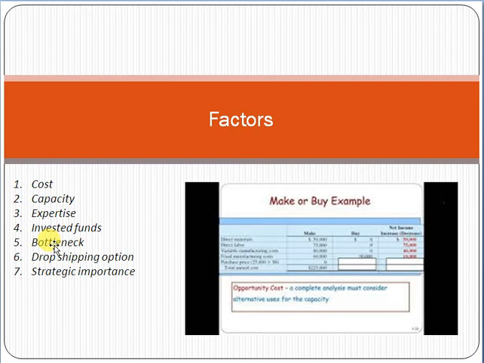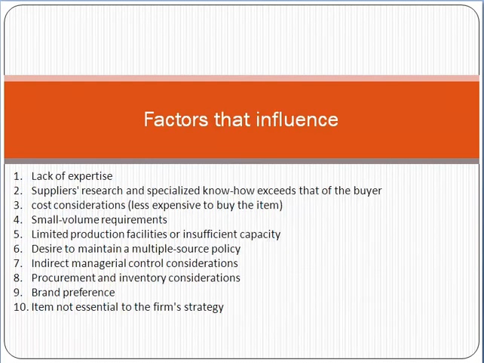Shipping: what will be the shipping options, for example if you have to purchase some hardware, how will you do the shipping. Strategic importance: what is the strategic importance in the case of make or buy. For example, your company strategy is that you want to build your resources so that they can be utilized in future as well. This is your strategy decision. So you may think that okay, we may complete that project cost to cost, so that our resources will become ready and get hands-on experience, so that they can be useful in any other project.